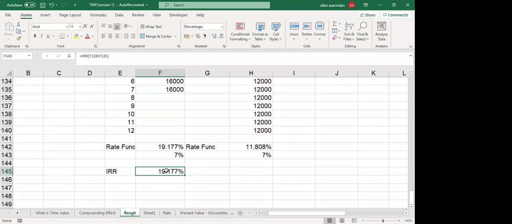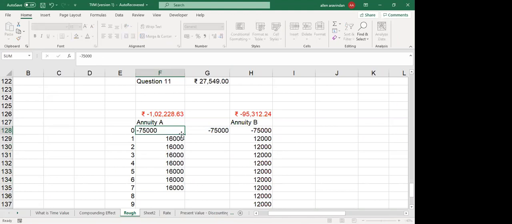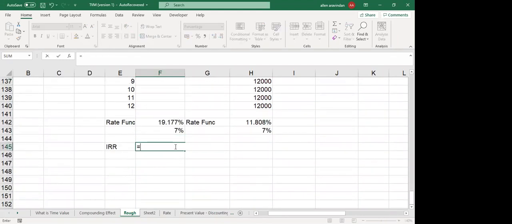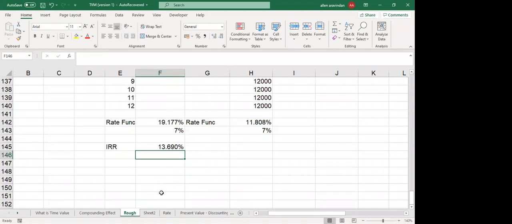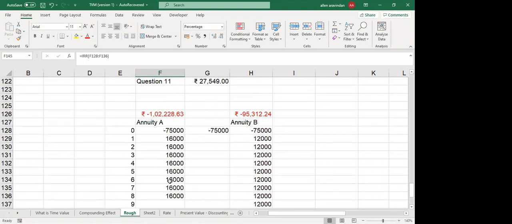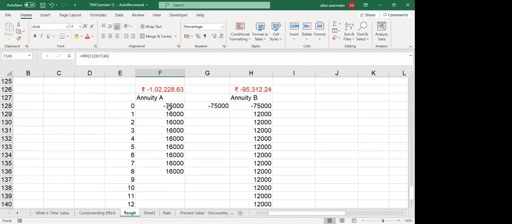Now, if you had selected IRR, see, if I had not done this adjustment like this, and if instead I would have put in something like this, 75,000 and then 16,000 for 8 years, then my IRR will be different. See, please understand this very well. See, what is my IRR now? 13.690, because what I'm assuming out here is ending year calculation. But if I want to calculate this using IRR, in my table, I need to make sure I am reflecting beginning year calculation. Please understand this very carefully, okay?